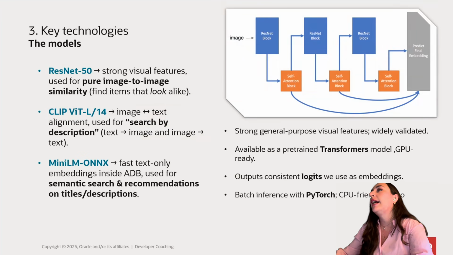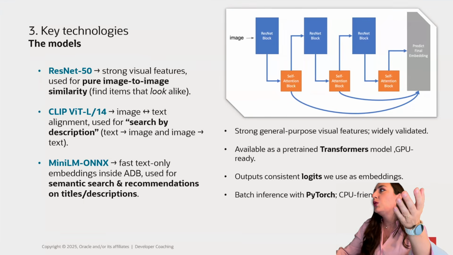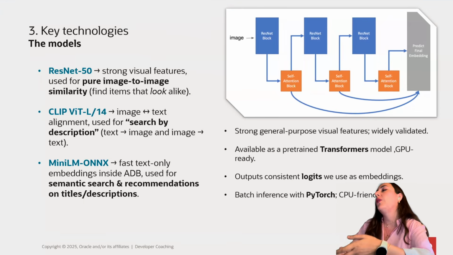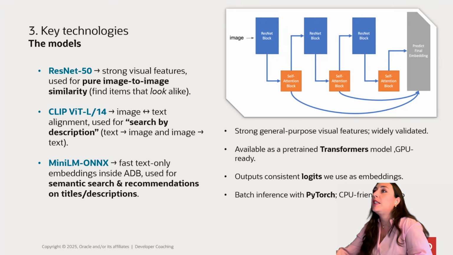The second thing related with technology that we are using and wanted to show a bit is around the models. In this demo, we are using several models, and each of them usually has a different role, let's say. So we are combining 3 different embedding ones because one could be good for a specific type of question and the other one for another one. In this picture, you can see the ResNet schema, but we are using ResNet 50, CLIP ViT-L14, and MiniLM ONNX.